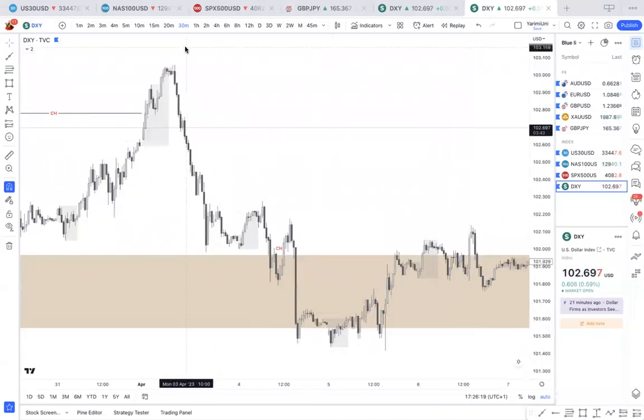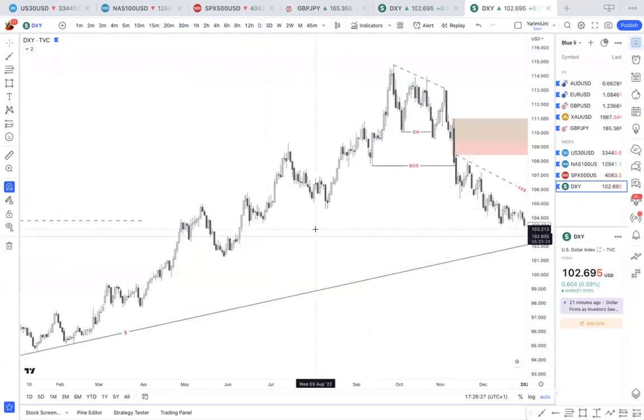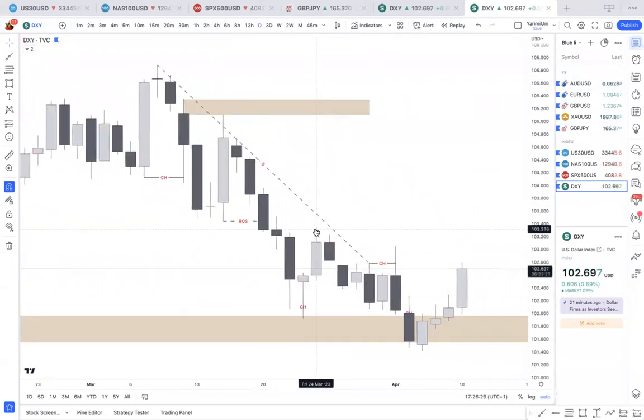last week was news week. So there was a lot of news and a lot of pushing the market around. If we look at the daily, however, you can see that it wicked and closed above the zone. Now, when it did open the next day, it was lower, but then it pushed above.